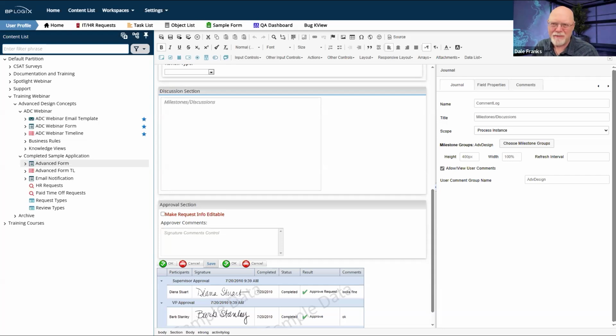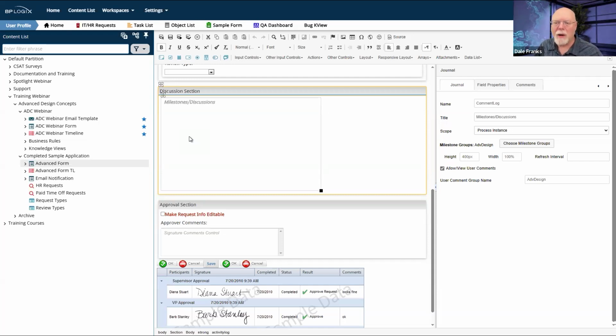Its configuration is kind of ugly looking on the form, I think, so it's not the most visually attractive control at runtime, but it does the job. It allows you to accept comments. The journal control does a way better job of collecting comments if you are wanting to have discussions, because the journal control enables threaded discussions in your form, and you can see who made the discussion and when, and you can follow the path of the discussion, because as you reply, the discussions get threaded.